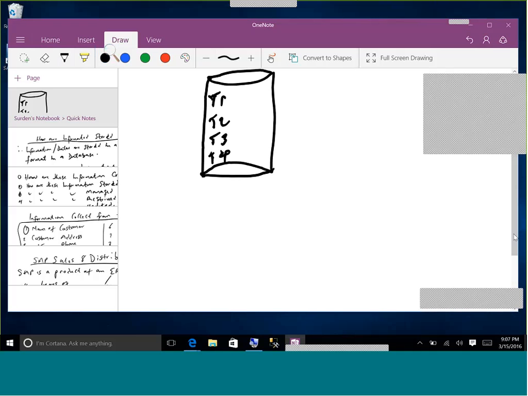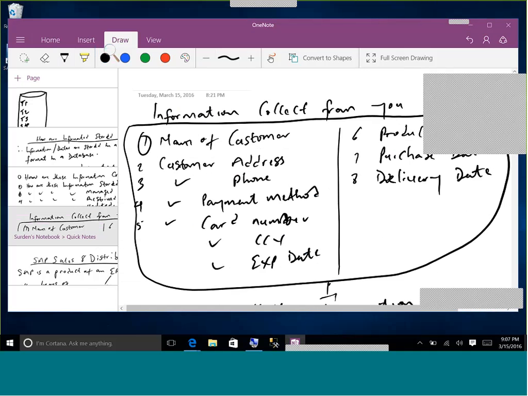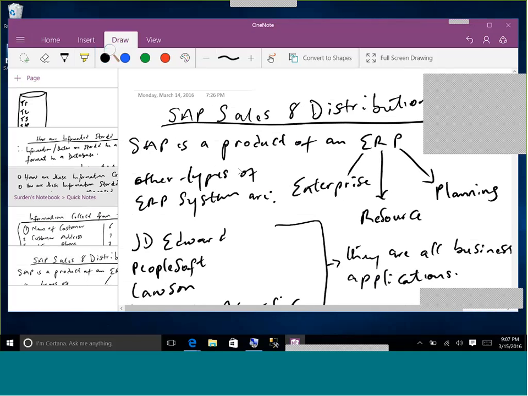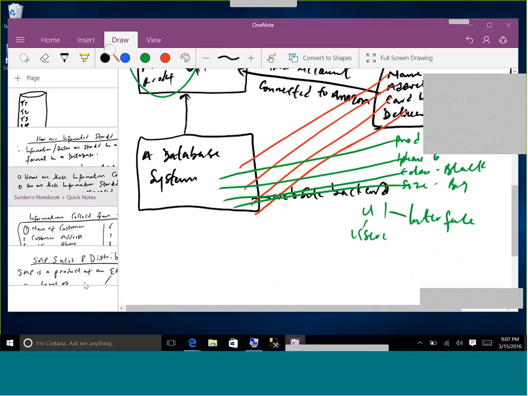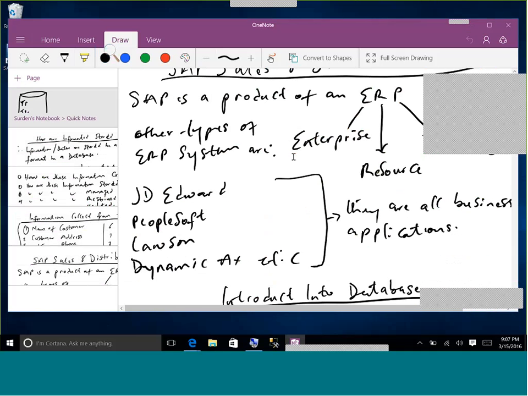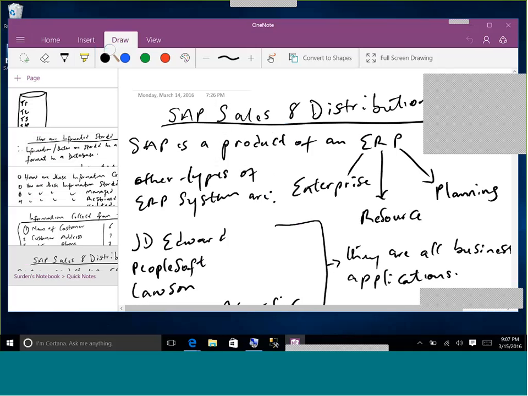Now, let's go back to this. How is this information managed? Before, when this data is stored in a database, and we have seen the way it is stored in a table, this information doesn't just come into the tables just like that. There is something that is called